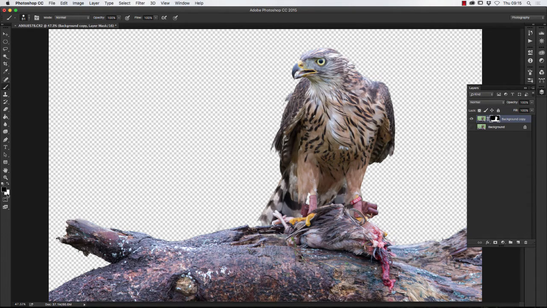You can see I've got black and white down here, and if I click this little arrow there, you can see that changes, reverses the two colours. So I want to make sure that white's on the top. And I'm just going to click and paint. You can see that colour coming back in now. Just in those little areas, just make sure everything else is there. So by using this and painting,